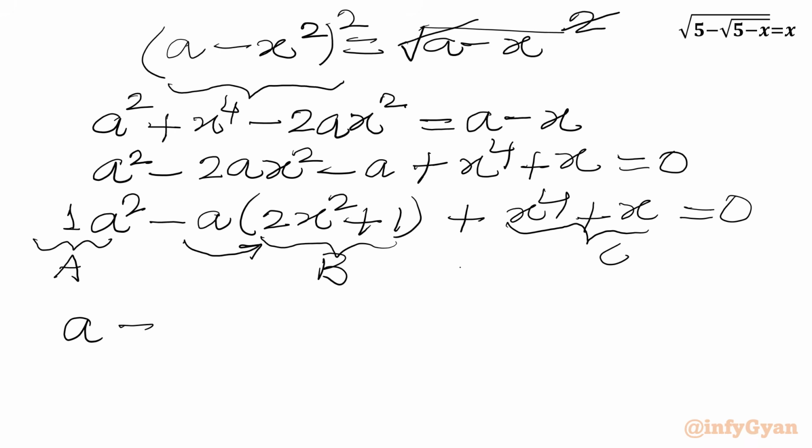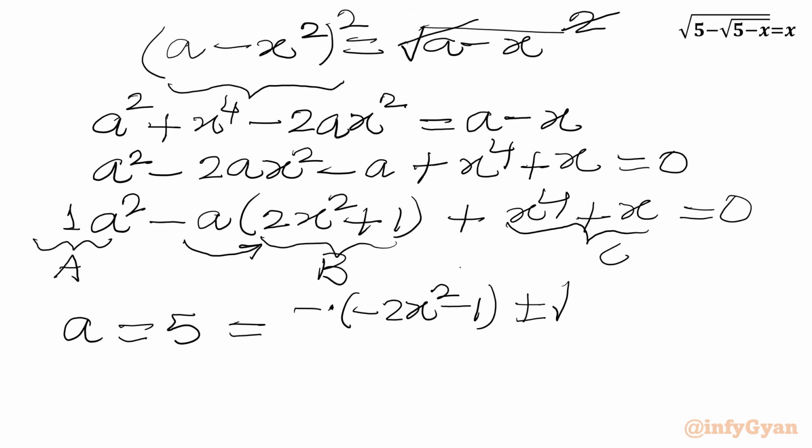So a, which is 5, I will write a equal to minus B, so minus of minus 2x square minus 1, minus B plus minus square root of minus of 2x square plus 1